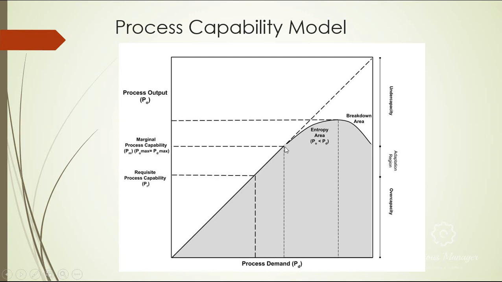At this point we have a process output that still meets the process demand, but this is the highest point at which we can do so. Now, you may think that this would be the requisite process capability, but actually teams that work in this region are working above their comfortable capacity. This is where you start doing things like overtime or whatever,